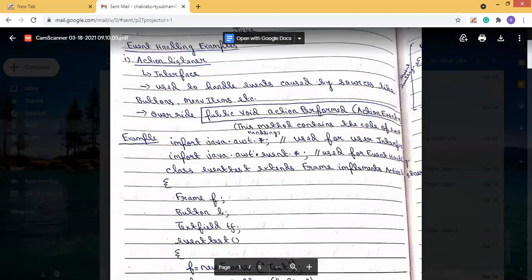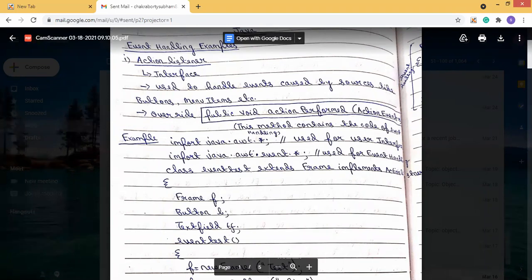Interface means it can be implemented, not extended. In the case of a class it is extended, but in the case of an interface it is implemented. So the method present in the interface will be overridden in the class which implements it. So our first one, action listener, is an interface, and it is used to handle events.